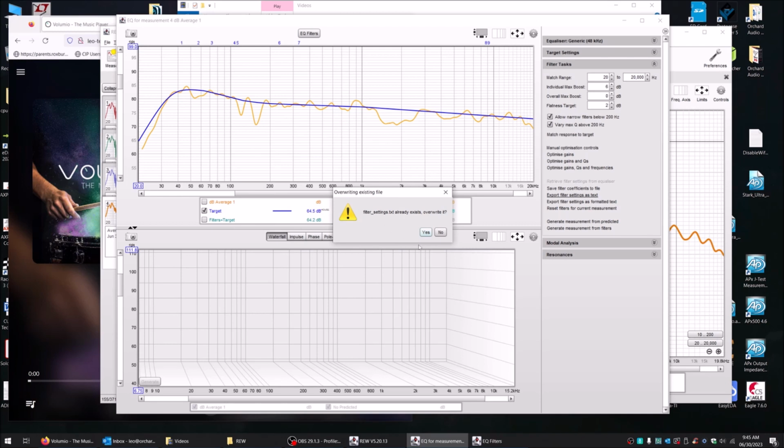I already had one previously. You could name the file whatever you want, but I recommend not having any spaces in it. That's why I have an underscore. So I'm going to say yes. Now we have our filter settings file, and this file can be loaded into Volumio